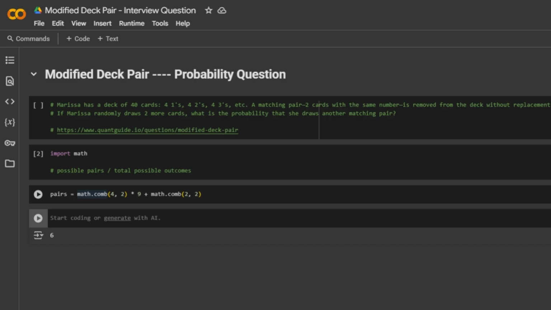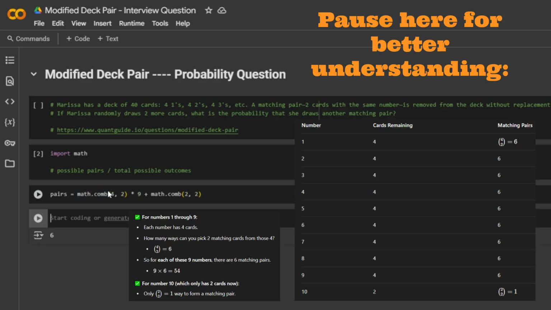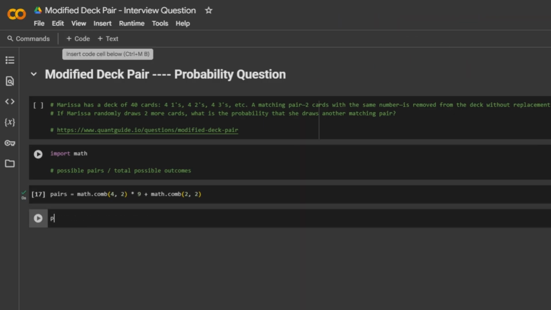To think about this intuitively, say that somebody pulled a pair of 10s. In this case, we're going to find the combinations of all numbers 1 through 9, hence multiplied by 9, and we're going to add in that singular combination of 10s that's still remaining. Now we can come back down one more time and run this again, and we can see that's giving us